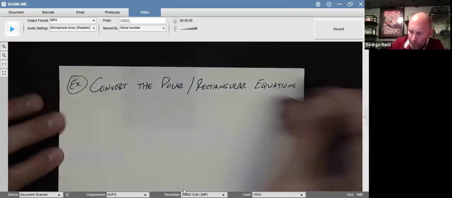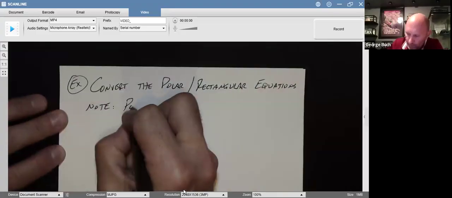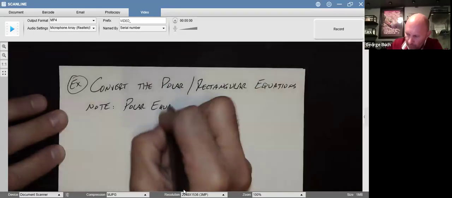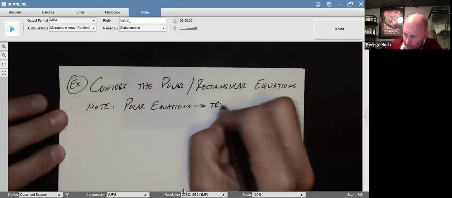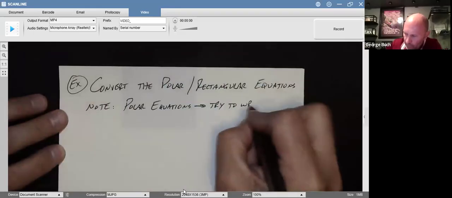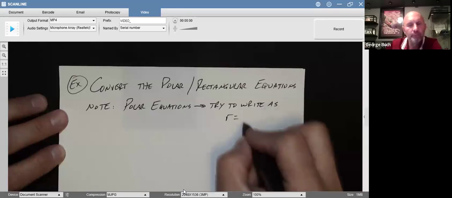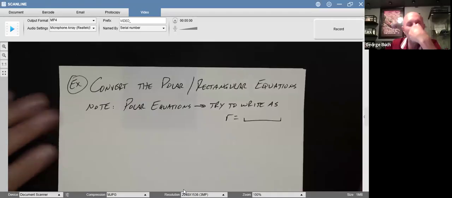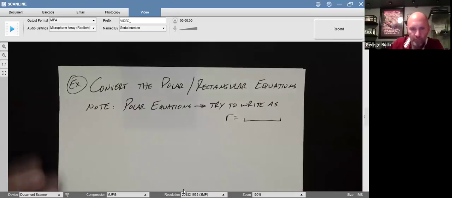Now, one thing I'll put here as a note: when we're doing polar equations, we try to write it as r equals something. Whatever the other portion is with our thetas and trig functions, usually we write it as r equals something. And that'll be important in the next lesson when we do polar graphing. So the first one